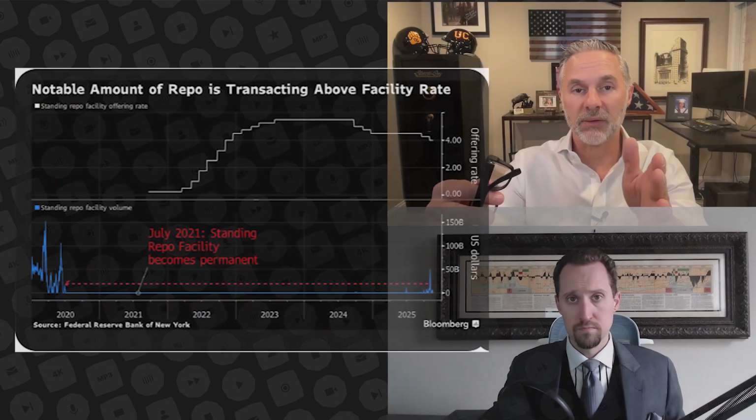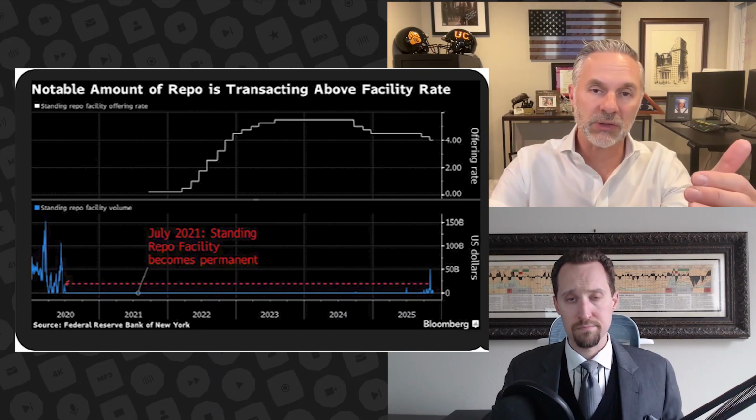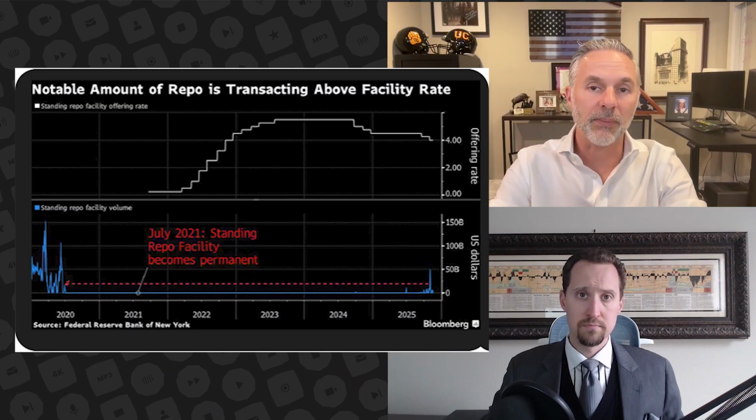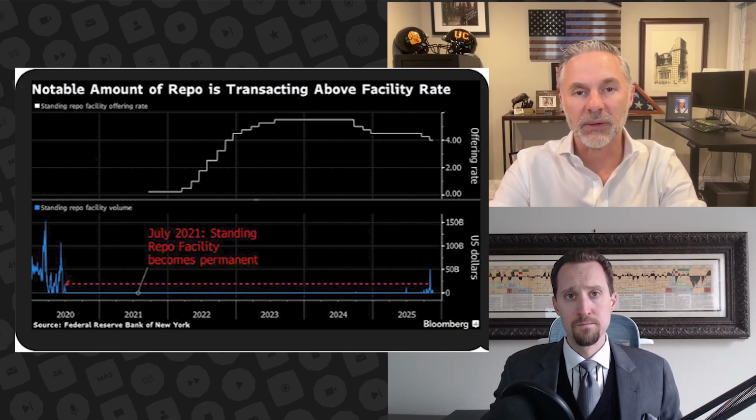One thing that we've seen is the banks are actually going out, and we have a graphic to show this, as the Fed is in repo mode or quantitative easing mode, the banks are actually going out and paying higher rates for money versus what they would get from the Fed at the repo facility. Why is that? Why are we seeing rates push higher even though there's a lower rate to be had through the repo facility with the Fed?